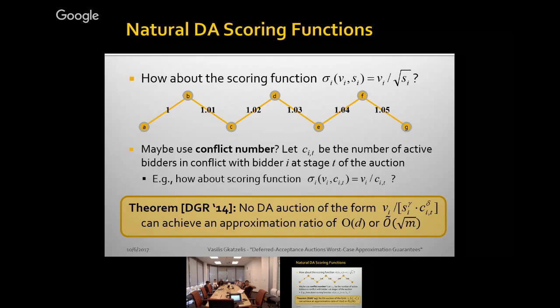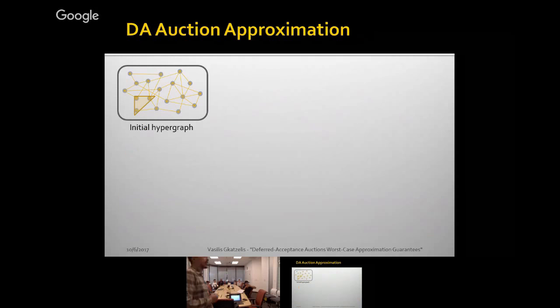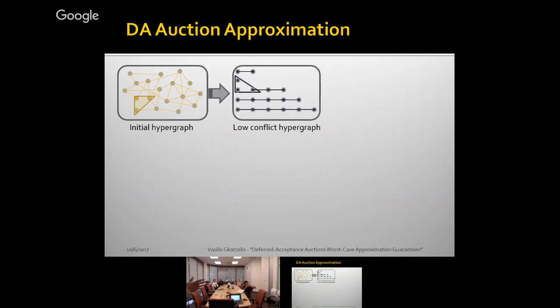Make sense? So essentially, if we ever hope to achieve these guarantees, we would need to come up with something different, something novel. And this is what we did. So the main result of that first paper, the EC 2014 paper, starts from that initial hypergraph with these hyperedges and has this first set of scoring functions which prunes the graph to extract